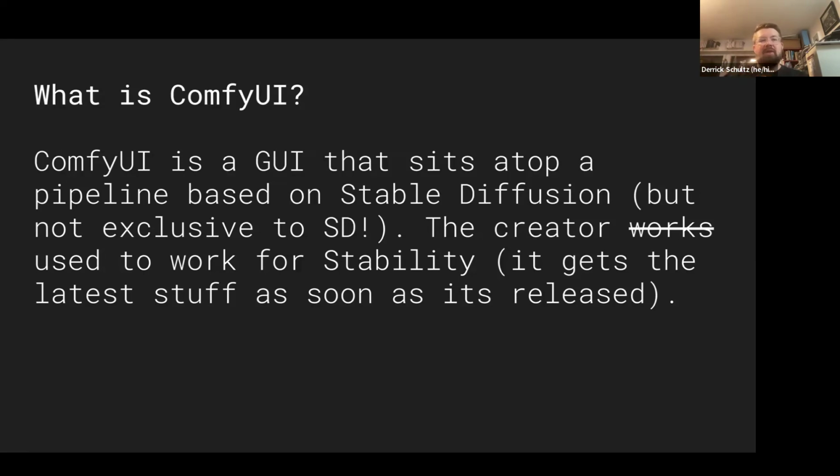So now he's fully focused on ComfyUI, which is pretty great. But I'll also say that they're still very connected to that world as well as the other sort of image generation world. And they tend to get stuff released like the day it comes out. So there's actually a brand new model that came out very recently called Auraflow. And I think it came out 3 days ago. And the day it was released, Comfy had nodes that worked for it and a set of sort of other tools that worked for it.